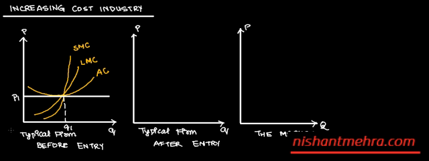So this typical firm, which is before entry, will have the equilibrium price at P1 and it will be producing small q1, right? And we can think of